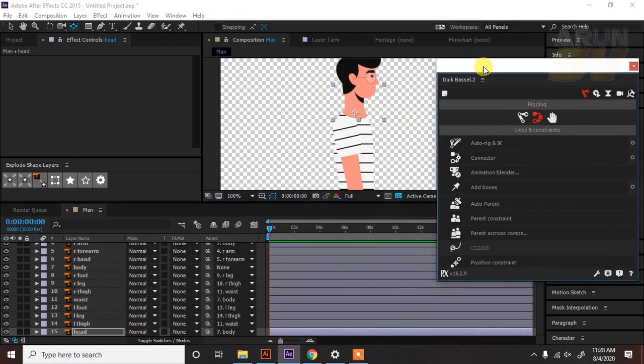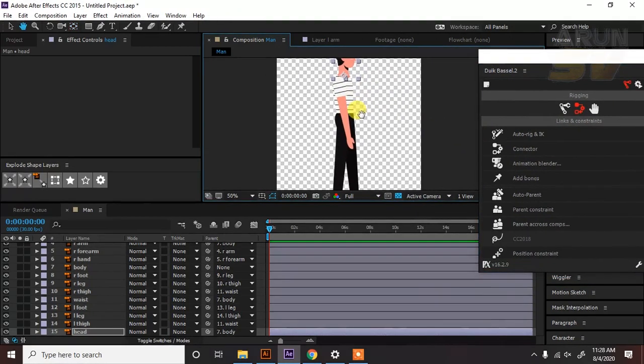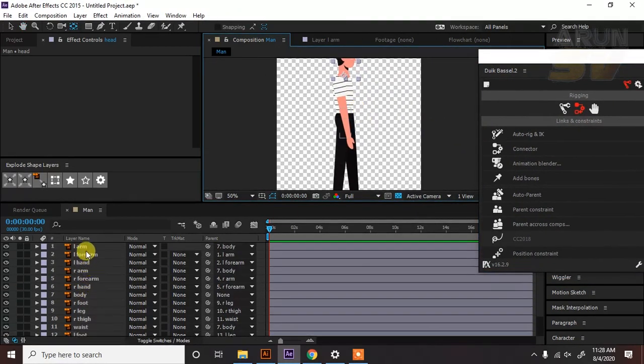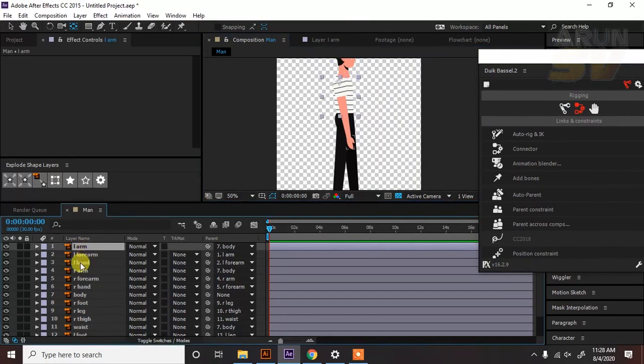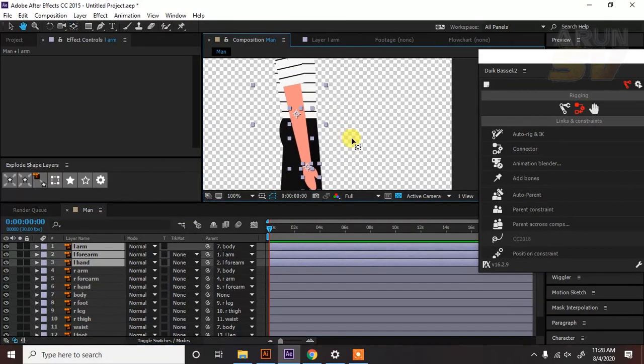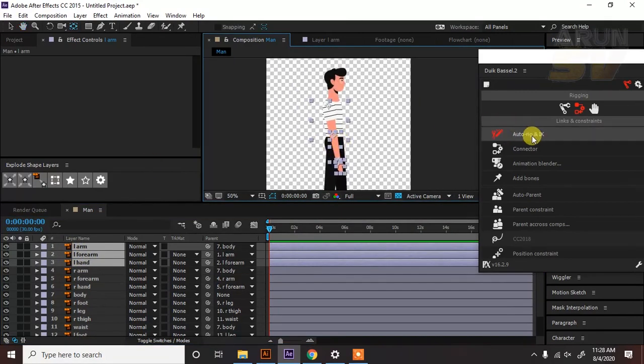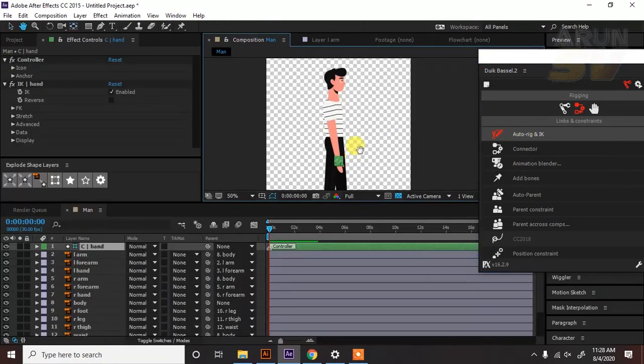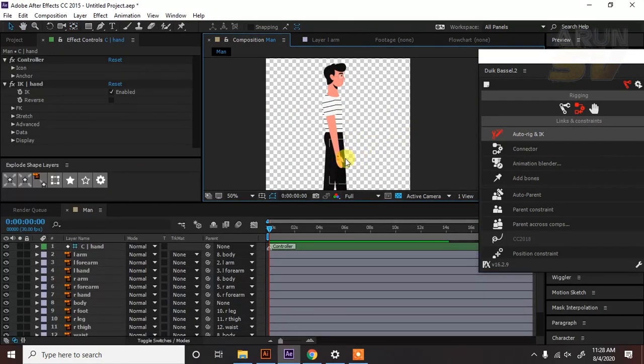Simply click rigging. Now select the left side of the hands, three layers: left arm, forearm and hand. Then simply click auto rig and IK. That's it. We get the rig for the hand like this.